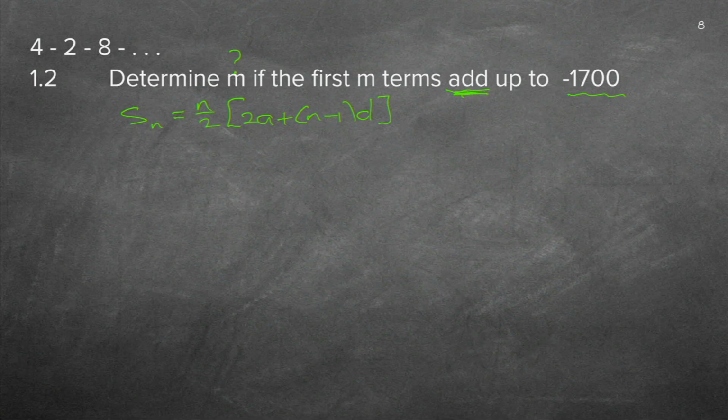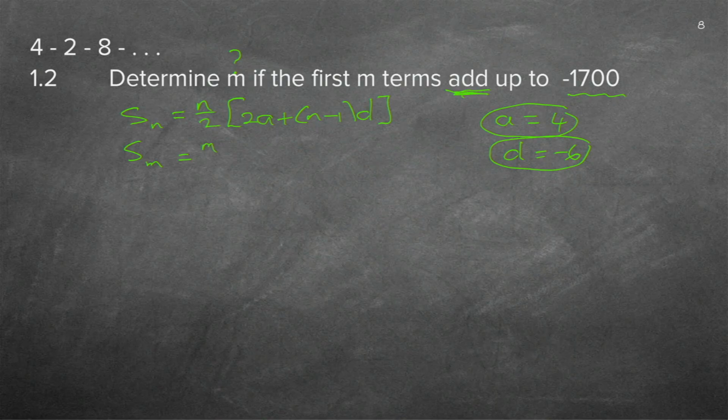Now, in order to do this, I need the a. I have the a, 4. I need the d. You remember we worked out the d in the previous one: minus 2 minus 4 is minus 6. So there's my a, there's my d, which I already worked out previously. I'm just writing it down again. And now they say, determine the m. So they just call it m now. They could have called it k, t, z, whatever they want. In our formula, we call it little n. So now I'm going to make it m.